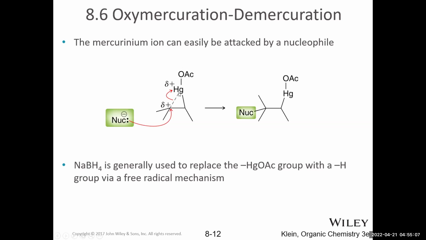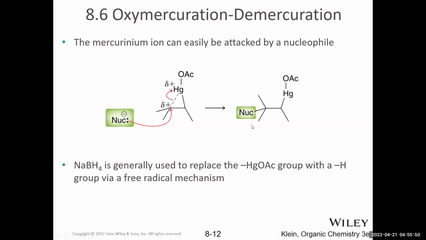The reason why is, again, that this bond is weakened. And even though there isn't a full positive charge on this carbon, there is a partial positive charge. So some of that positive character is on the carbon and some of it is on the mercury. So this bond is weakened, and it's weakened more towards the carbon that can handle the positive charge better or can stabilize it better, which is the tertiary carbon. So even though we draw this as an SN2 mechanism, it's more what we call in between SN2 and SN1, where there's no true carbocation being formed, but there is still backside attack.